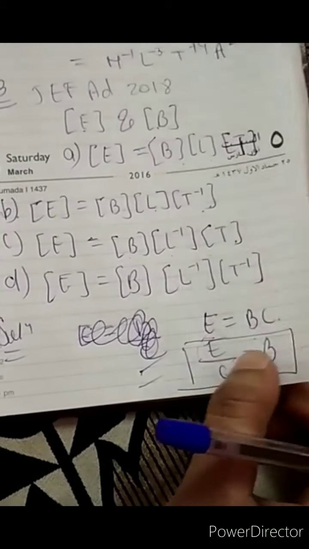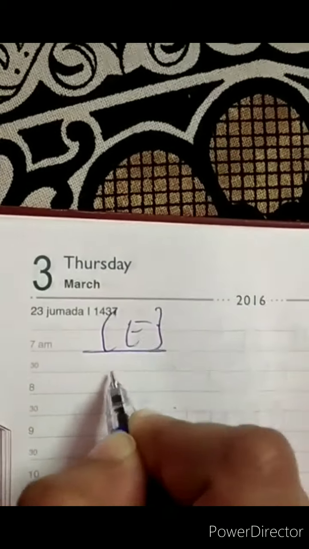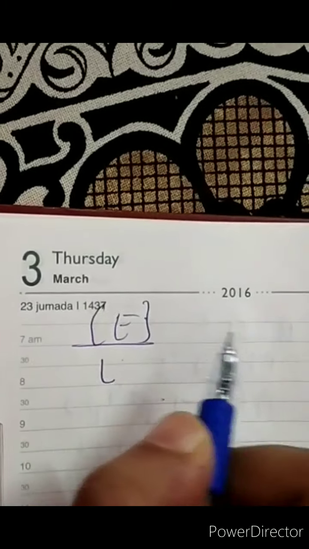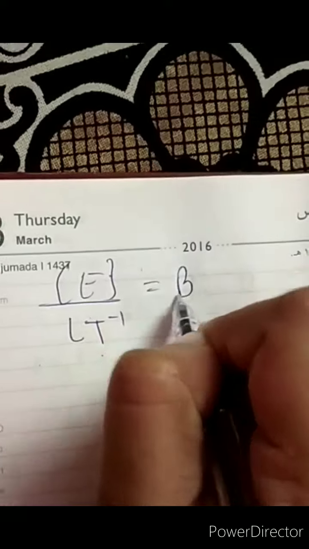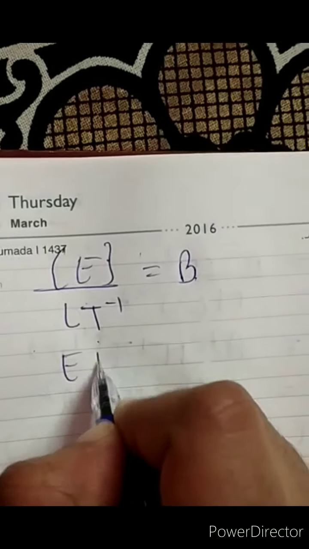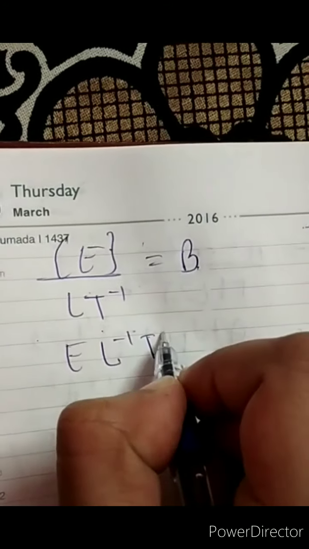Do it fast. We have the value of E, we have C, we want B. Since they have already given in the question that E and B are dimensions of electric and magnetic field, we don't have to touch E and B anymore. We just have to find L. C is the speed of light, and E upon C, that is velocity, is LT minus 1.